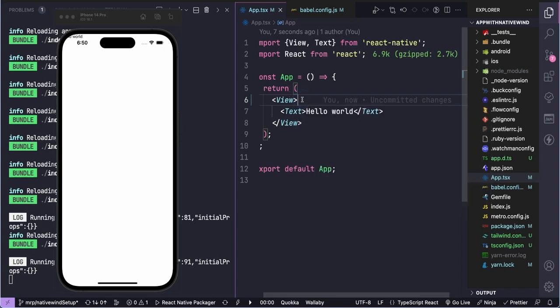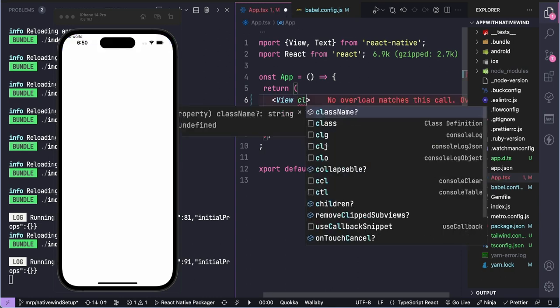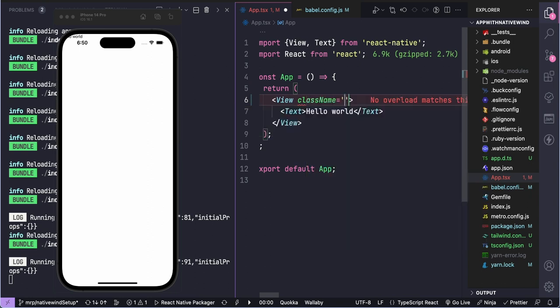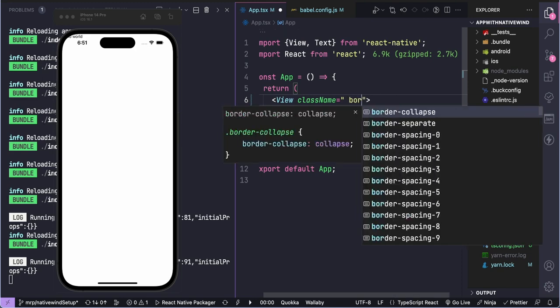By the end of this video, you should be able to use class names and see class names auto suggestion. So this class name auto suggestion will work. And also when you try to add style property on class name, it should also give auto suggestion. Suppose this one, border,